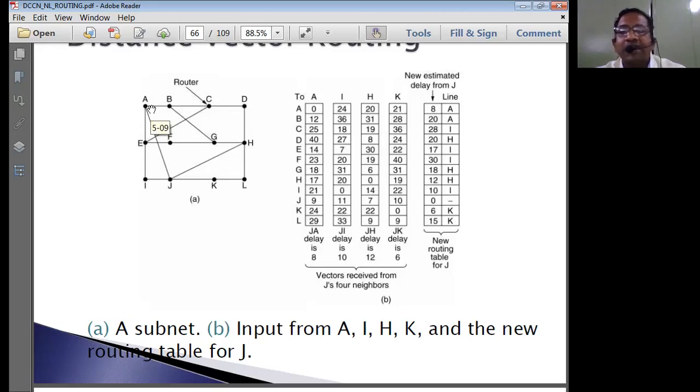I think you are understanding this. Say for example, router H is there here. Router H to A is not functioning, for example. So here it will write infinity. That means a route of infinity means what? There is no proper connection from A to some other router. That means A is not functioning. Right. So that information is known to router H.